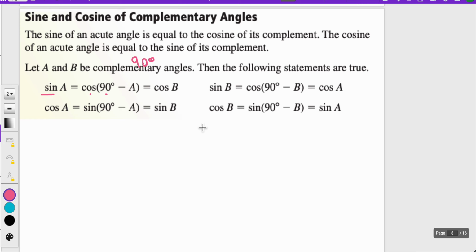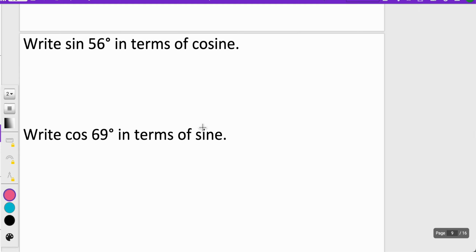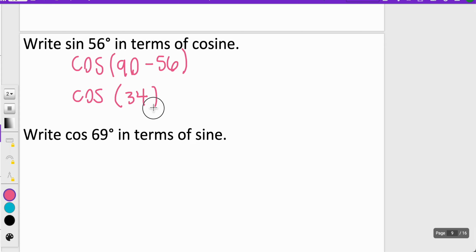So we're just using opposites here, okay? What we're going to do is write sine of 56 degrees in terms of cosine. So if I want sine, then I'm going to calculate it with cosine. So I'm going to say cosine of 90 minus 56, okay? The cosine of 90 minus 56 is 34 degrees. So then I would just find that out using my calculator. Cosine of 34 is about